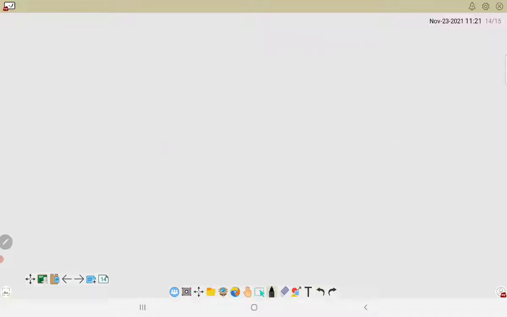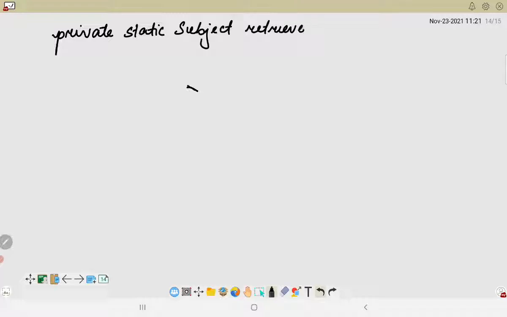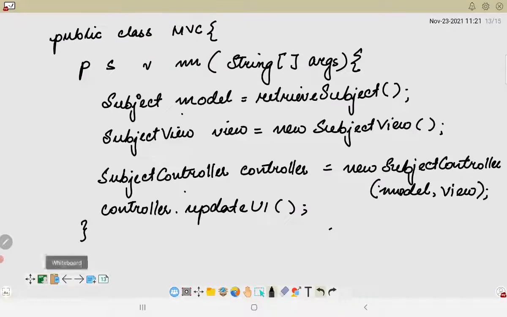And so here the next one is, we will simply define the method which is public static subject retrieve subject. Okay, so what was it that we had? So we had retrieve subject, right?